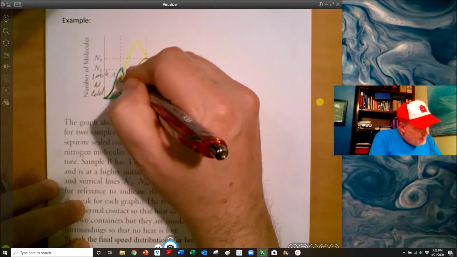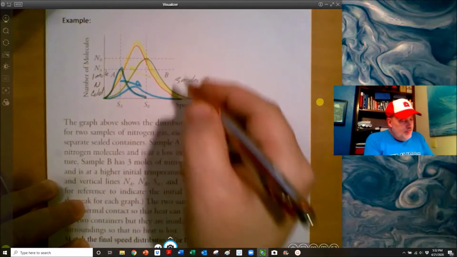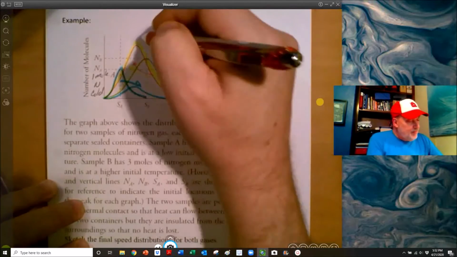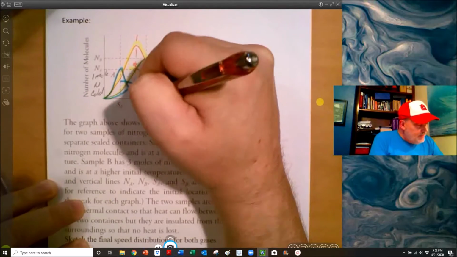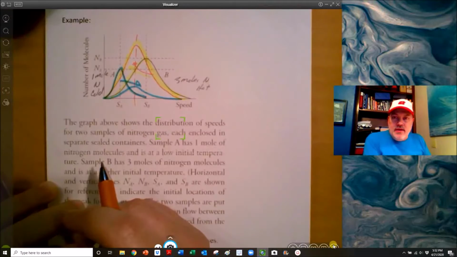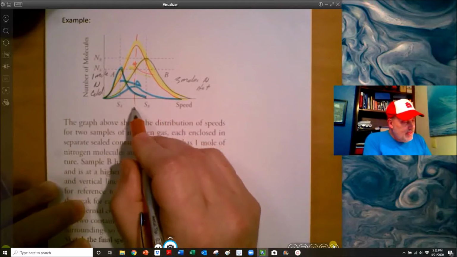That's kind of crappy, so let me redraw this one. It should look more like this over here. Okay? So it's shifted up and to the left, and this one should shift down and to the right. But the key thing is that they should have the same final temperature, so the same final speed